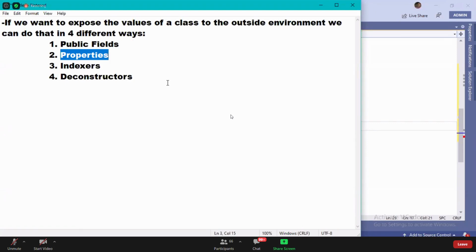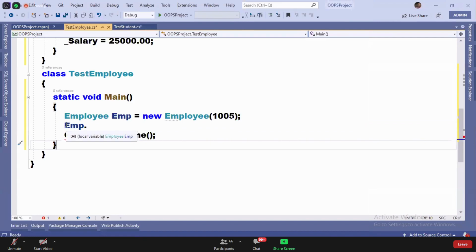Okay. Third option is indexer, guys. The third option is indexers. What is an indexer?